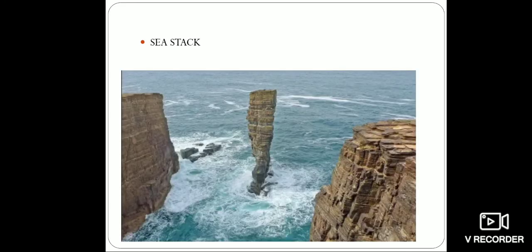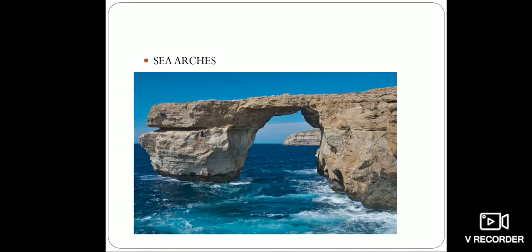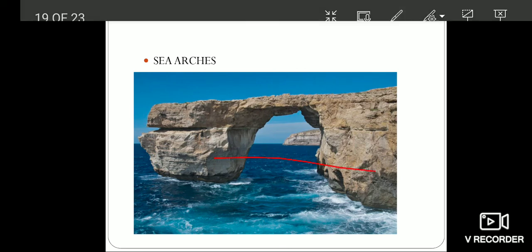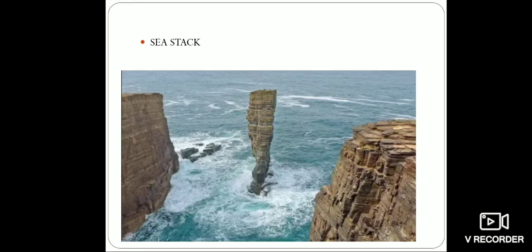This is a sea stack. Now I will show you how sea stacks are formed. Sea stacks are formed because of the continuous erosion of sea arches. As you can see, the continuous erosion of the sea waves has created this hollow-like structure, and one day that portion will fall down due to gravity, and that piece of rock will be separated, and that is how a sea stack is formed, as you can see in the next picture. That is how a sea stack has been formed.